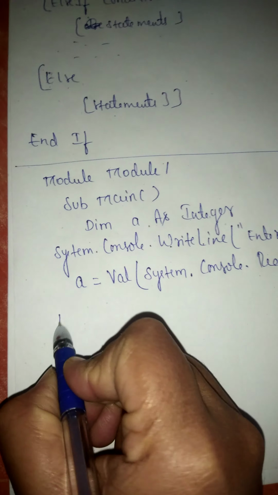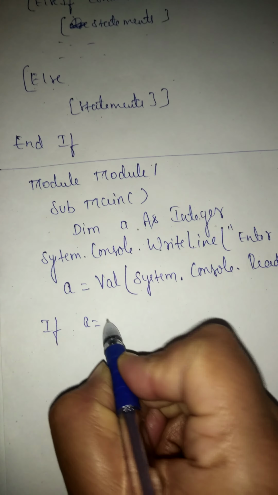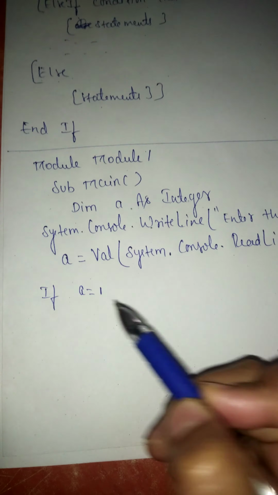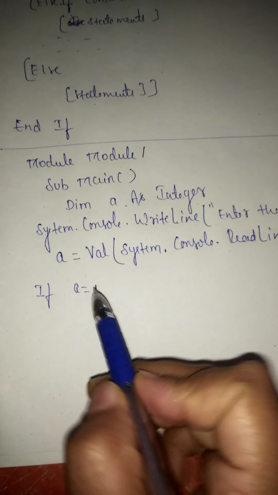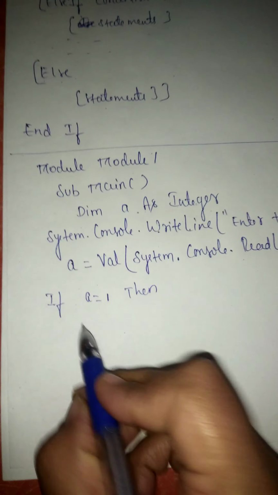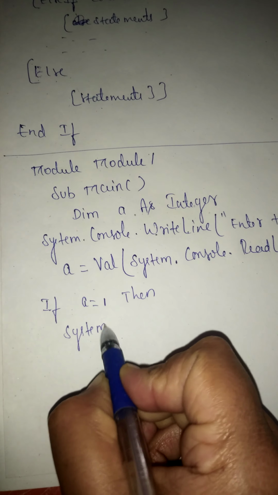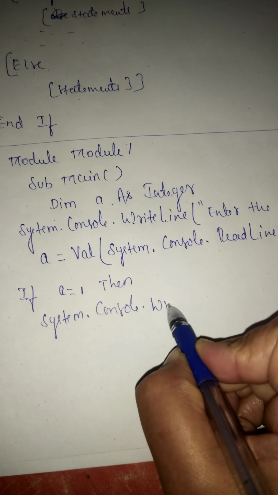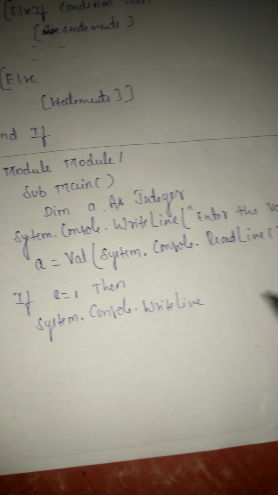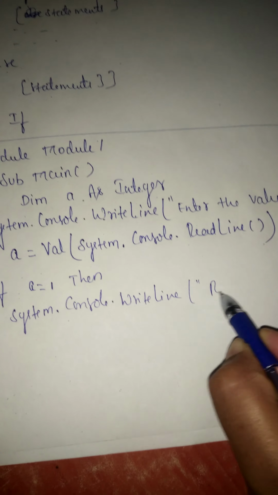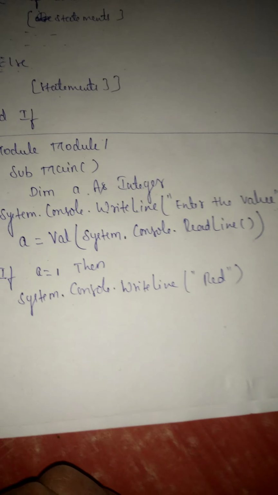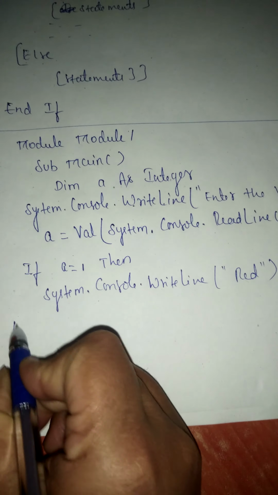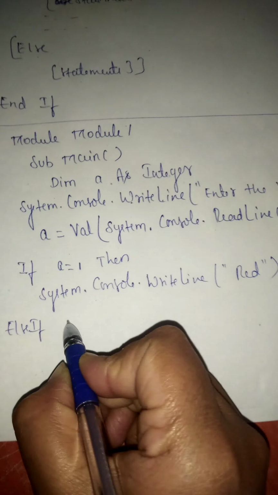And next, I am going to check if a is equal to 1. There is no need to write the condition within brackets; we can write it directly. If a is equal to 1, then I am going to print, that is, System.Console.WriteLine, red. If it is 1, we print red. Or else, that is, ElseIf a is equal to 2,